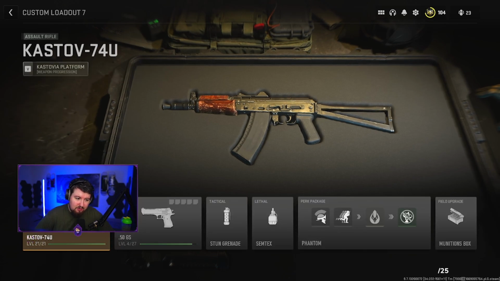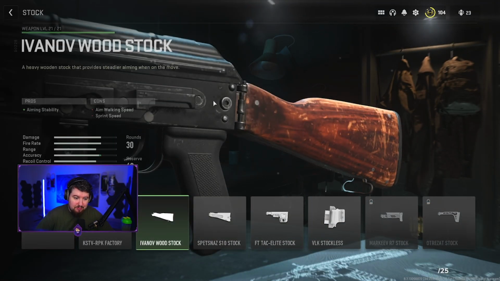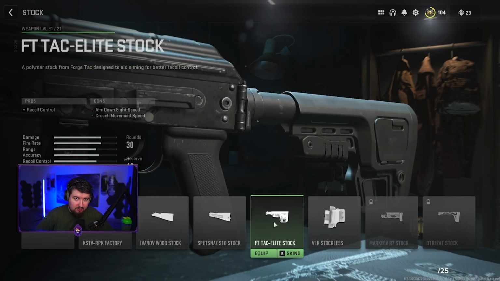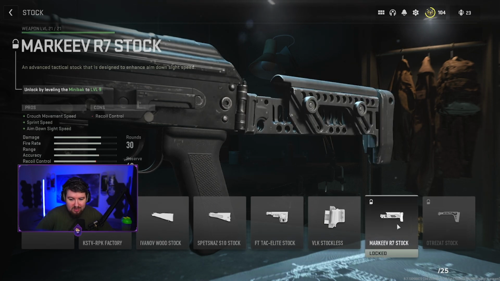But not only that, when we go into the gunsmith here, this is where things start to get kind of wild, okay? If I go to the stock, for example, I've got a lot of these other stocks unlocked. Now, the way you unlock attachments in this game is by using other weapons. Unfortunately, I have a lot of this stuff unlocked, but I can give you two examples here. If you want to get the Mariv R7 stock, otherwise known as the...